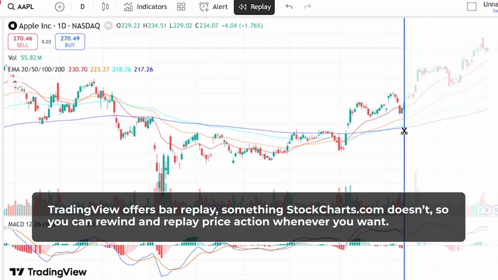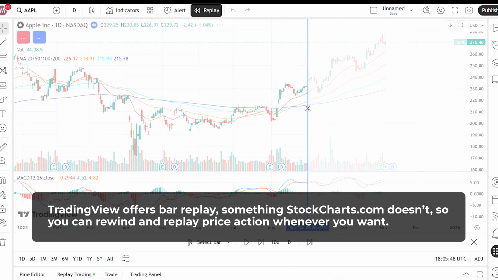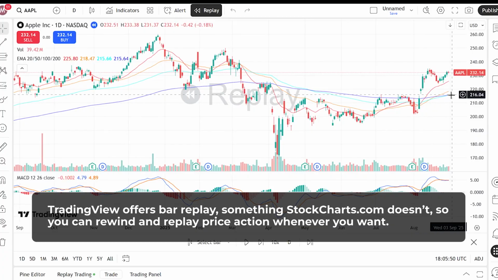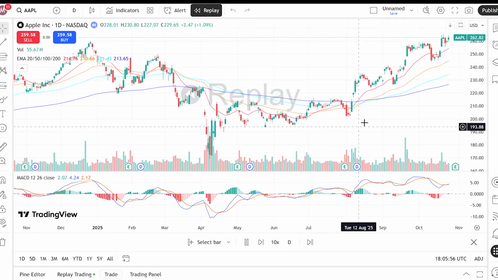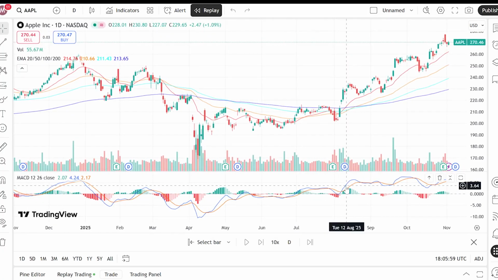So you can look back to, say, a couple weeks ago on this chart and cut it off there. And then we'll actually play this forward, and you can customize the speed here of the replay. This is a really cool way. If you have a setup that you're looking at and you think, yeah, I would probably trade that based on